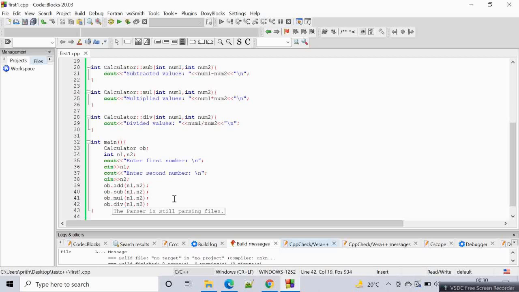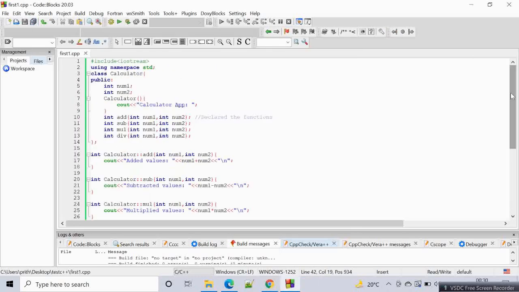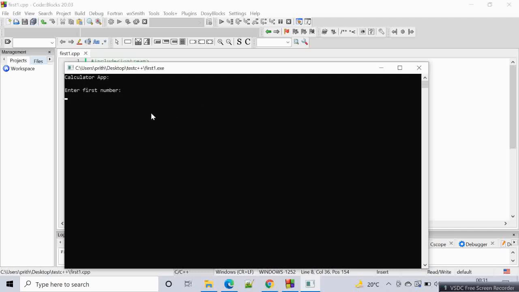Let's see how it goes. It is asking enter first number. Before doing that, I think we have to give a line break over here, just for a decent look. That's it. Let's give one more. So calculator app, and it's beautifully showing over here.